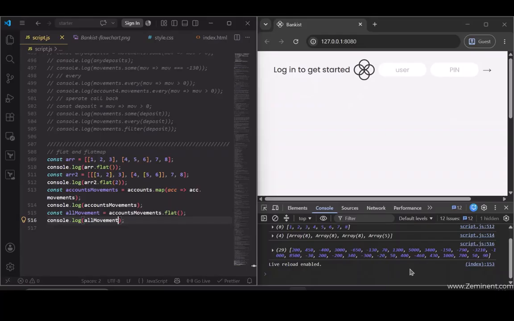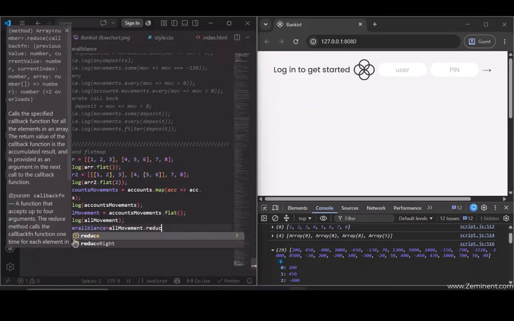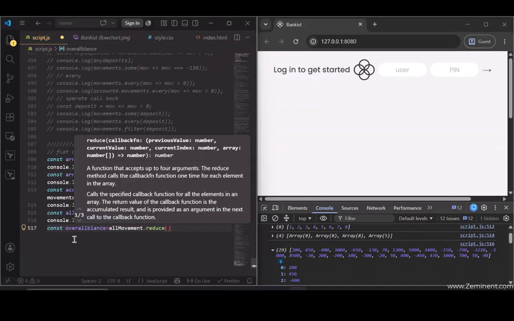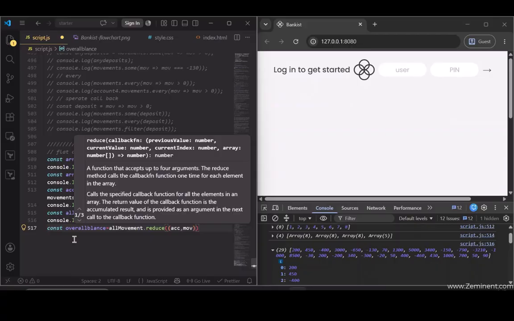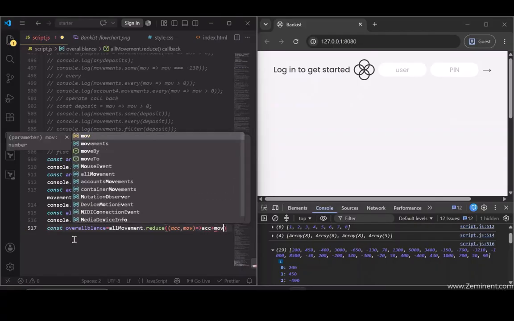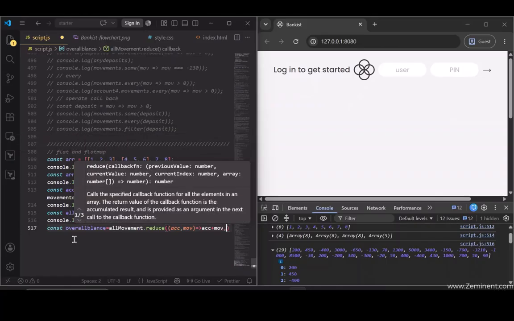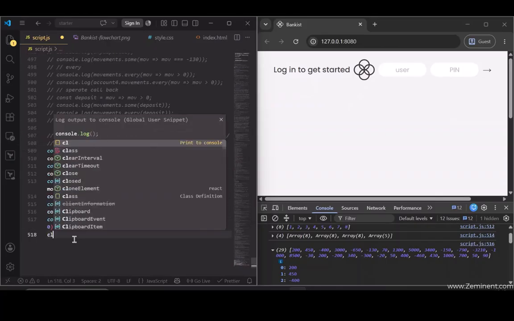So let's call this one overall balance. Here let me just say constant overall balance. Here we'll just create all movements dot reduce of, here we just say account and then move. Okay, so as you already know this, I'm not going to explain this here in much deeper way. And then when we console.log